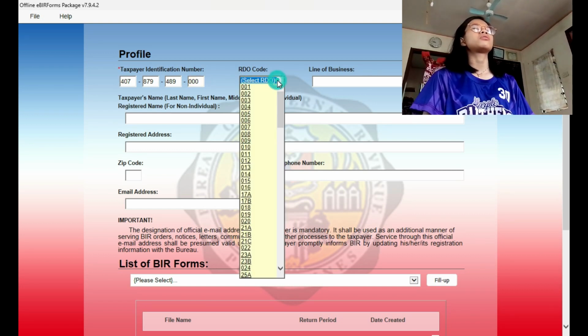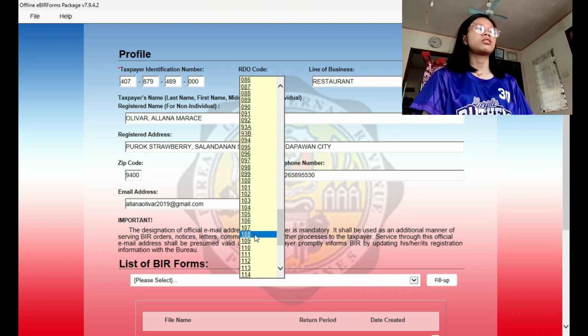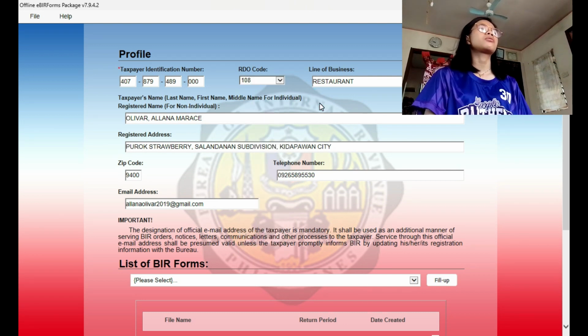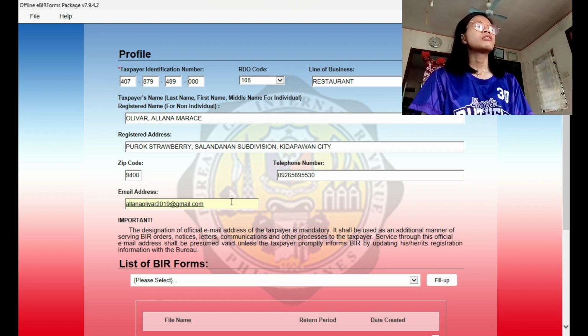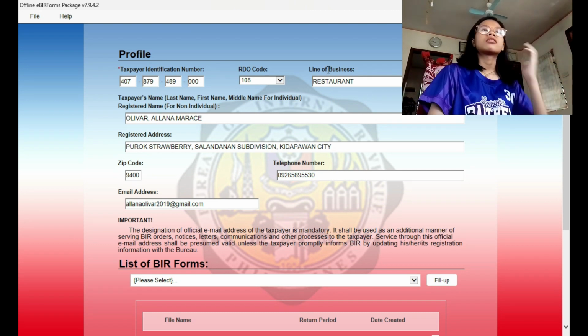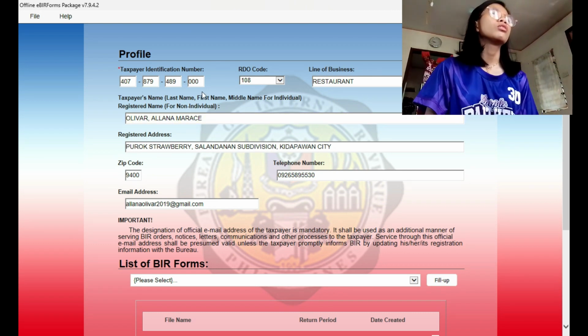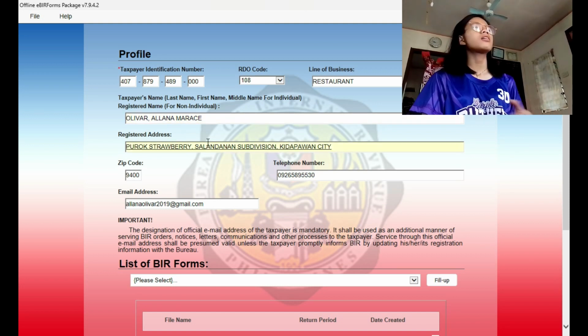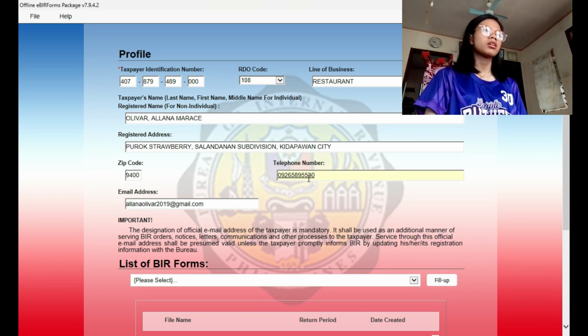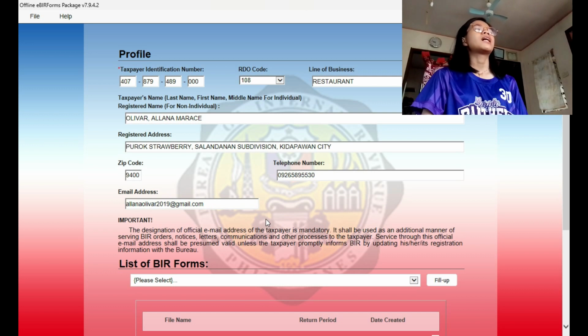RDO code, we will choose 108. It will automatically fill up with my previous login. My line of business is restaurant, taxpayer's name Olivar Alania Maris, registered address Purok Strawberry, Sandanan Subdivision, Kripawan City, zip code 9400, telephone number 092658955530, and my email address